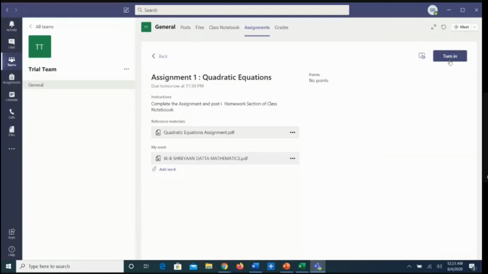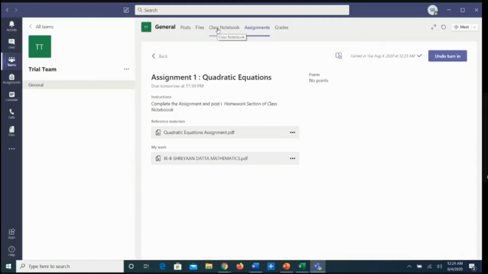I get a notification that the work is done, and then I go on to the top and click turn in. Turn in means that yes, the work is done. The teacher gets a notification that the work has been done and can simply assess it. If it's a small assignment and the child just wants to give feedback that it is done or not done, this is the best possible way to upload the work. But in case it has to be thoroughly checked, then I would always prefer to use the class notebook and upload the work there so that the teacher can check it properly.